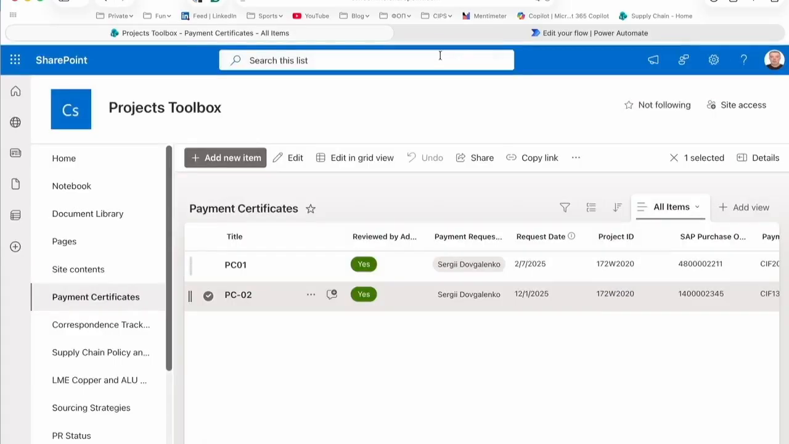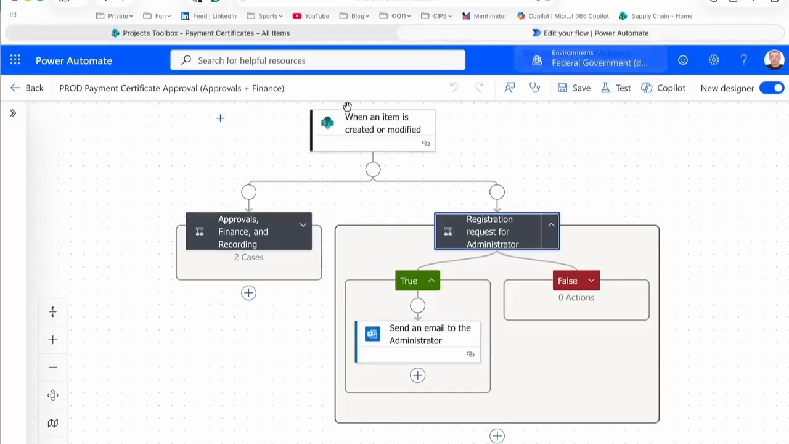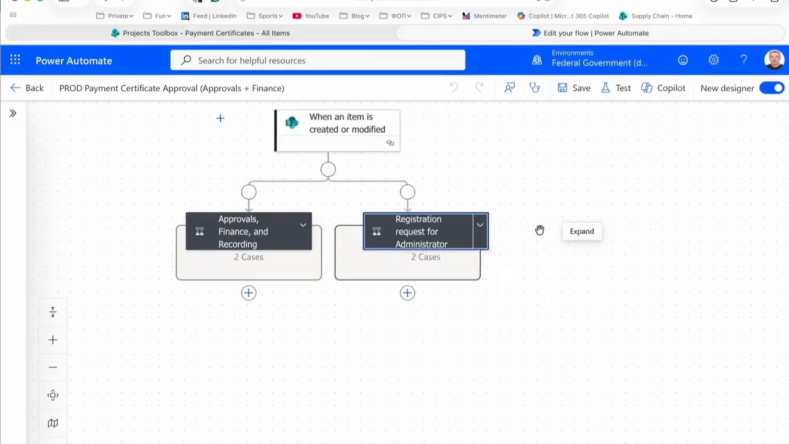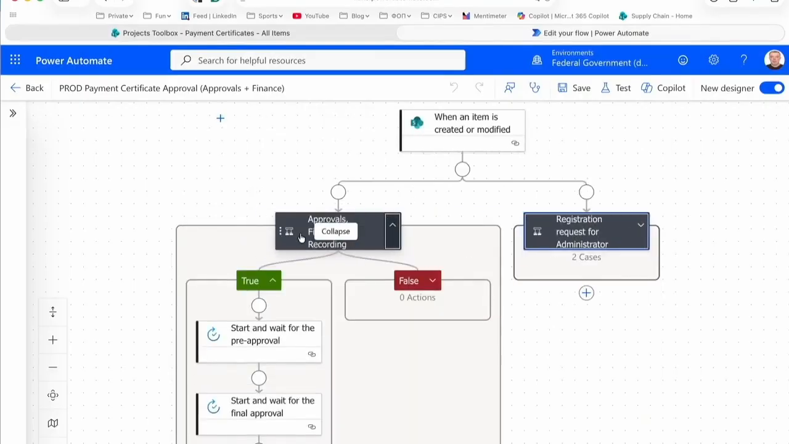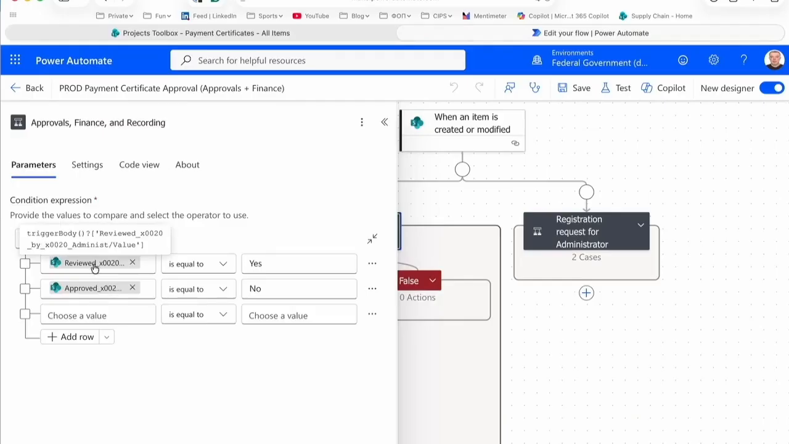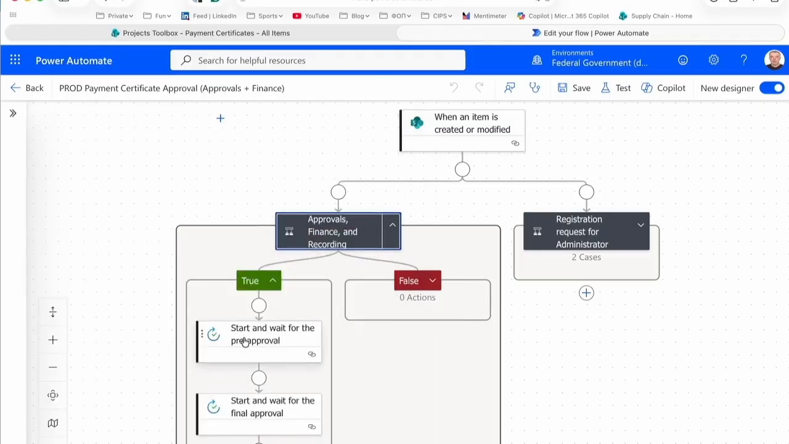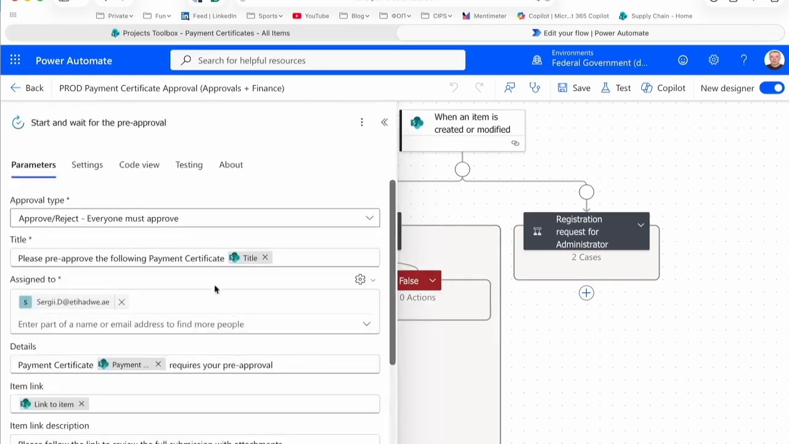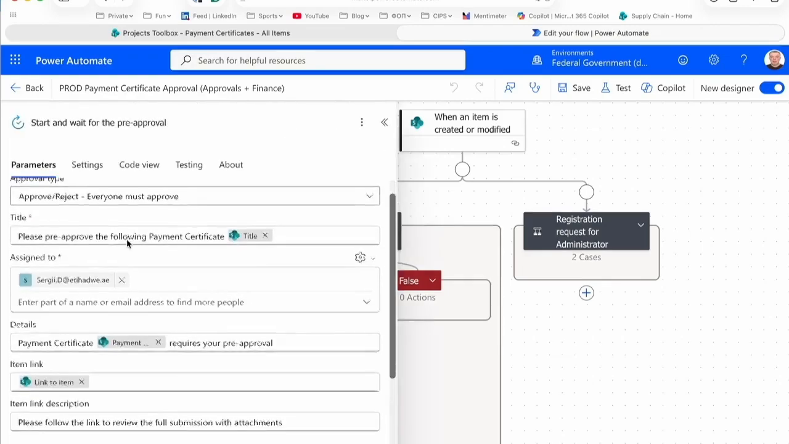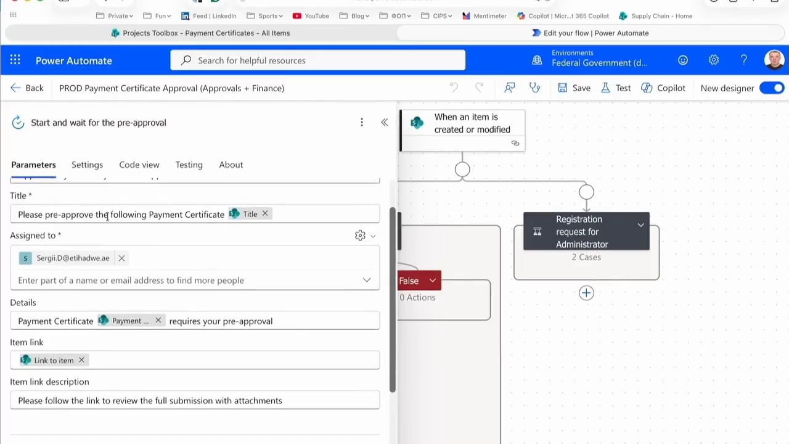If we remember, the trigger of our process is when item has been created or modified. Now it is modified, so it is another branch of the condition where we see that it's been reviewed, but not yet approved. The new branch of condition has been activated, and we will wait for approval of this submitted request